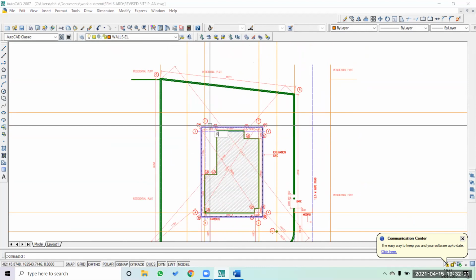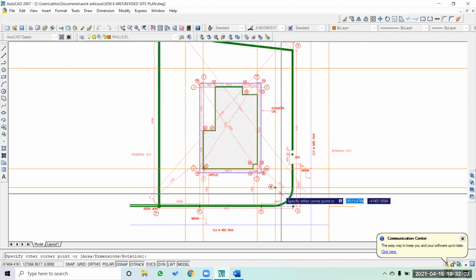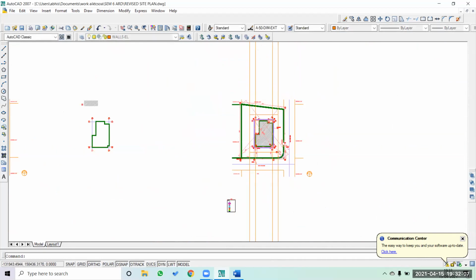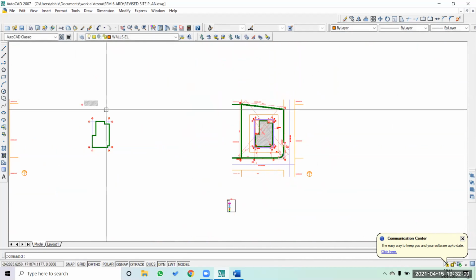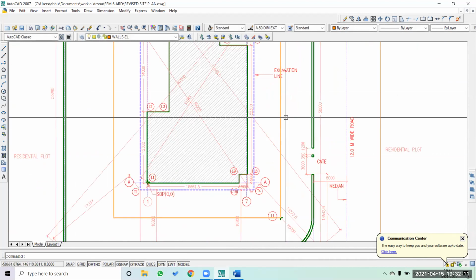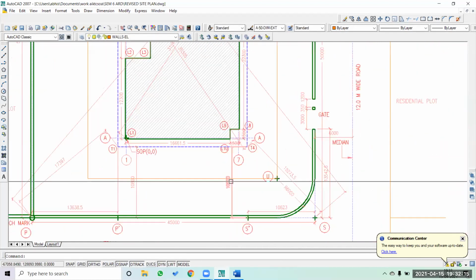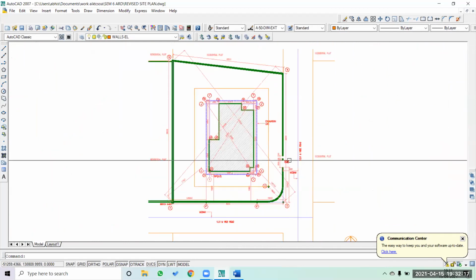Okay, so that is what is going to happen here. Luckily it gets intersected with this. Okay, so this is the line which we get as a hardscape line.